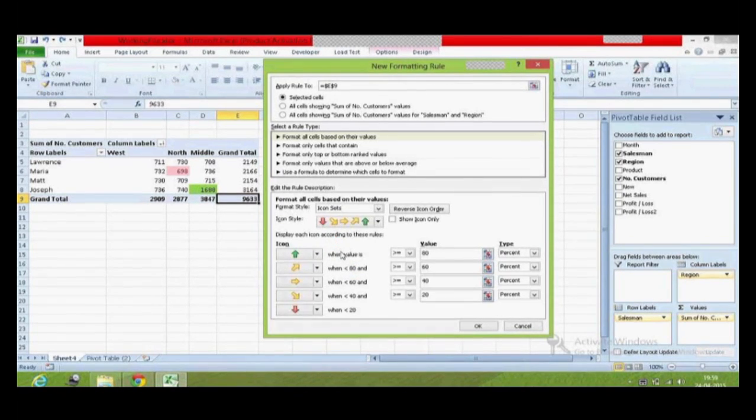I'm going to say if it's greater than 9,500, it has to show this. Or if it is 8,000 and above, it has to show this. If it is 5,000 and above, it will show this. And then if it is 2,000 and above, this one. So I'm going to give